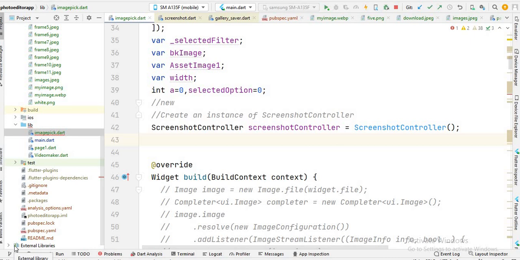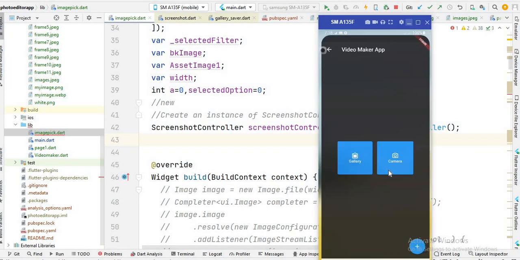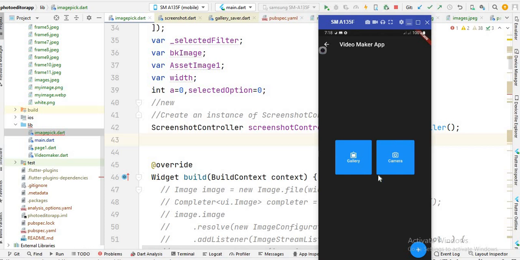In this video, I will show you how you can save the image with filters and frame. And this is part 6 of the photo editor app and video maker app. In the previous video, I showed you how you can create a tab bar. And if I show this app, you will see in this video I will also show you how you